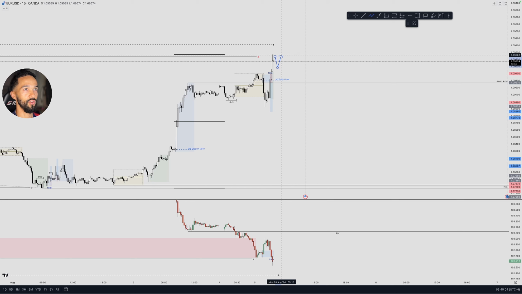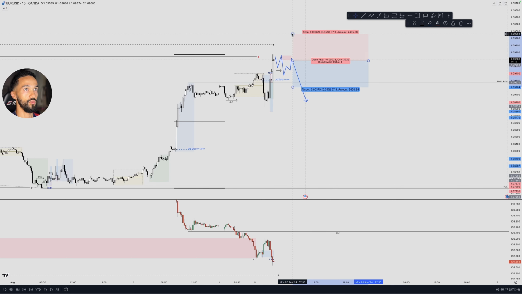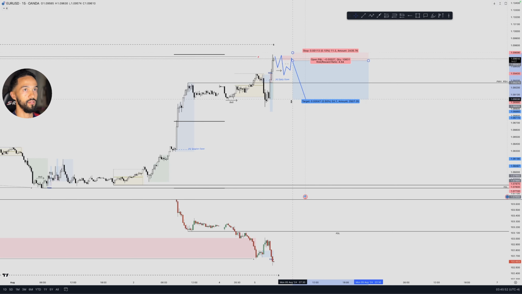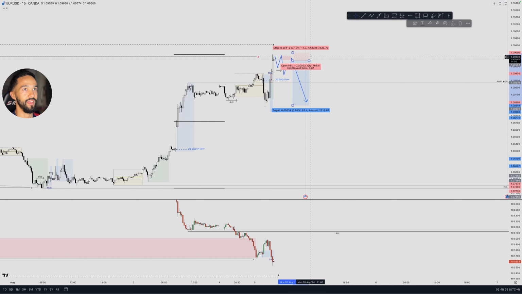Whether it takes this high or not, I don't know, internally for buy side liquidity, and then break down. Right, I'd want to see that break of structure around here, and then we get possibly a corrective pullback to the lower time frame order block with imbalance to trade downwards towards a discount or towards the 1 hour and 15 minute POI here. Now it may respect this area as I've discussed, right? Break of structure here, possible inducement from a corrective pullback around here, lower time frame order block with imbalance here to trade short, stop loss just above the high, wherever that may be, down to whatever percentage fits your plan.